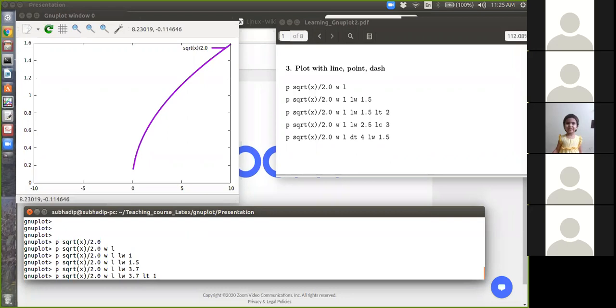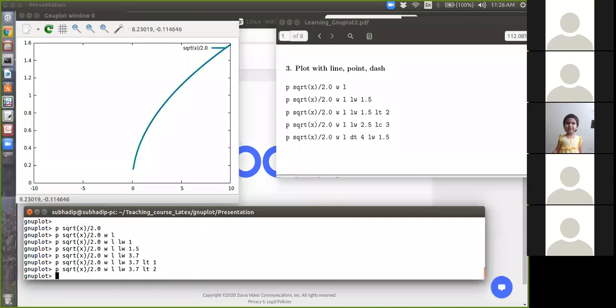So one is this magenta color. Actually, magenta is listed as the number 1 color. It may be some different color in your software; it is completely compiler dependent. In my software, or most updated versions, it is magenta as line type 1.